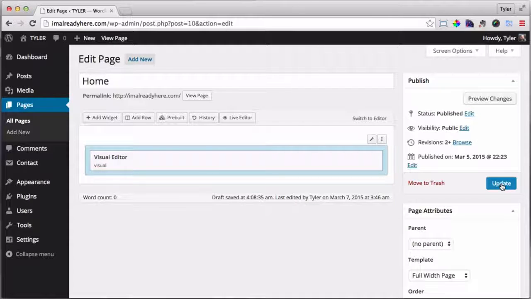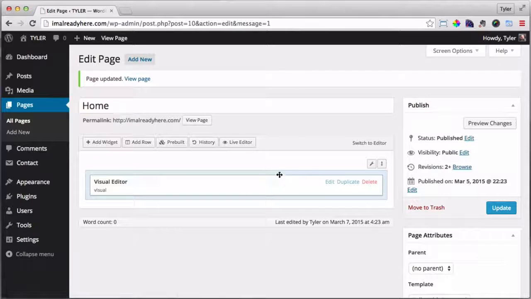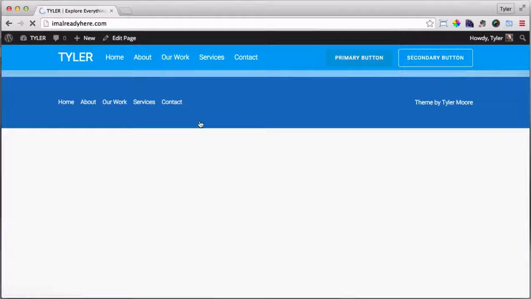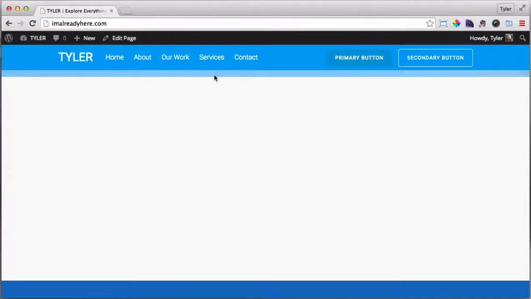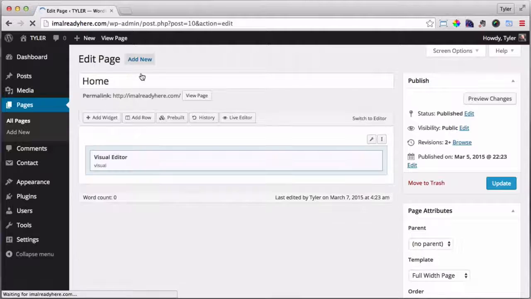So now we should have a beautiful background on our home page, but if we view the page, we're not going to see it. So I'm going to click view page, and we're just going to see this tiny bit. And why is that? That's because we have no content in here. There is nothing inside this visual editor, so it has no height. We can fix that by pressing edit